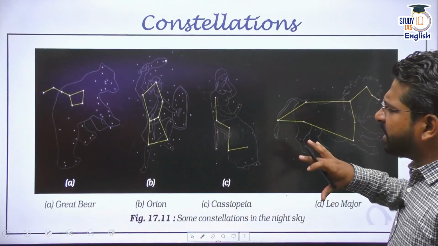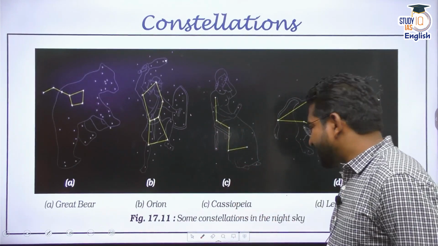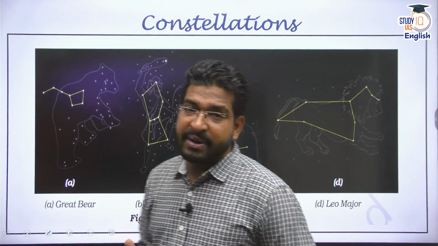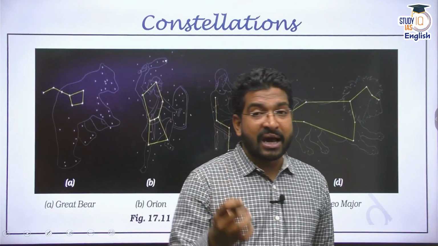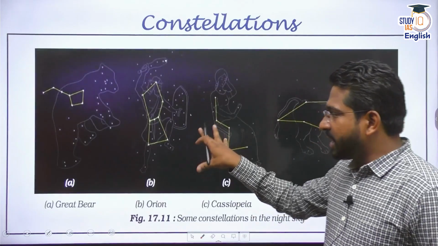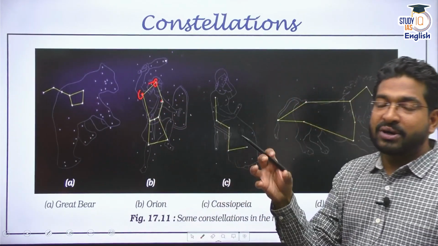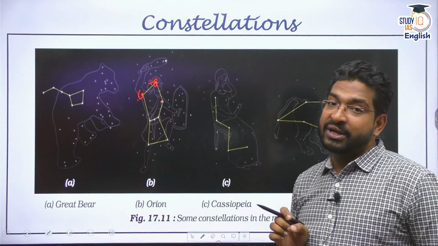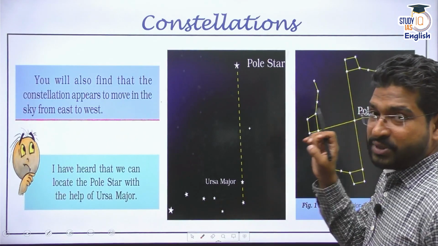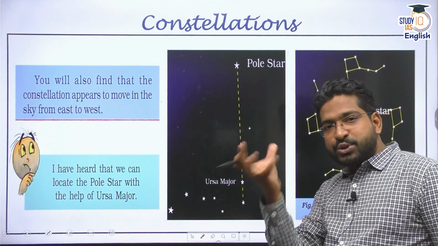Apart from this, there are many other constellations we see, right? The Great Bear constellation, the Orion constellation, the Cassiopeia constellation, Leo Major, right? All these constellations have been created based on the shape the brightest stars create. Now, please remember that in any constellation, they talk about the brightest stars. There may be some other stars in it which are not taken up for consideration for creating that particular shape. Now, some questions are asked. You will see that constellations appear to move in the sky from east to west,